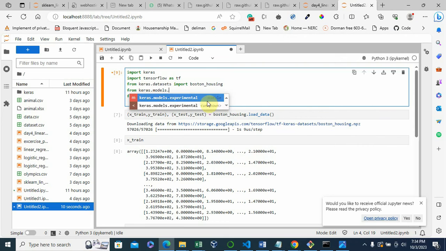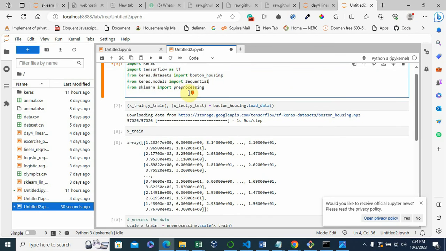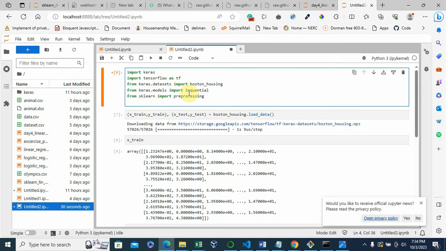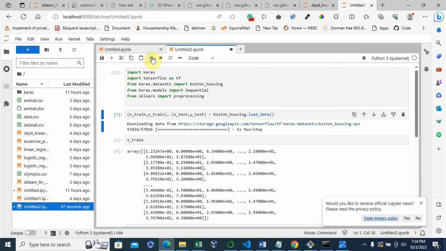If you inspect the modules, you'll see the ones that are in there. So from keras.models, I'm going to import Sequential. All right, so that's to say that I've brought in the type of model I want to use, and then I will go ahead and run that to load it into my memory.